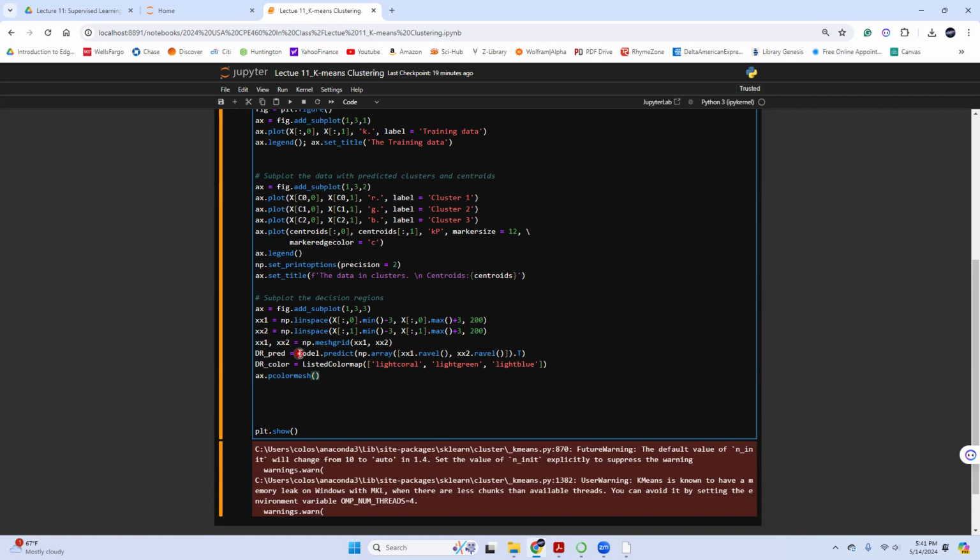Let me see here. I need to use the color of my... give me one second. No, that should be the next step. Then I can have dr_predicted, where, be careful here, reshape to the shape of x1 or x2, it really does not matter. And then the cmap is simply equal to dr_color.